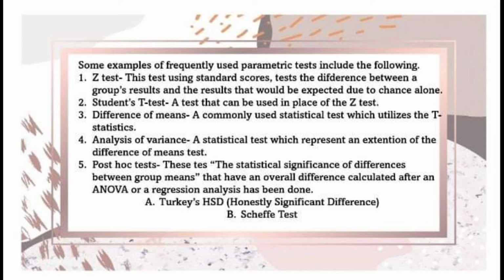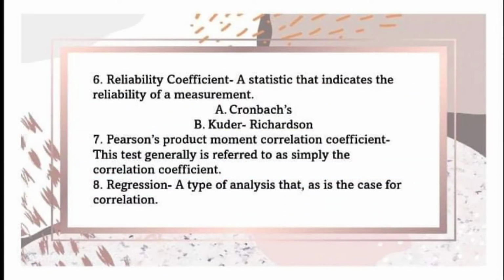examine the statistical significance of differences between group means that have an overall difference calculated after an ANOVA or a regression analysis has been done. A. Tukey's honestly significant difference. B. Scheffe test. 6. Reliability coefficient. Statistics that indicate the reliability of measurement. A. Cronbach's alpha. B. Kuder-Richardson. 7. Pearson's product moment correlation coefficient. This test generally is referred to as simply the correlation coefficient. 8. Regression. A type of analysis that, as is the case for correlation,